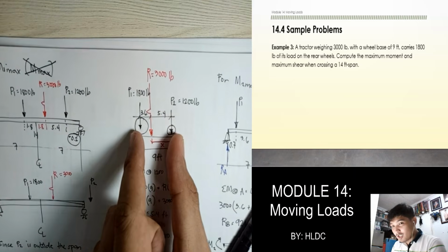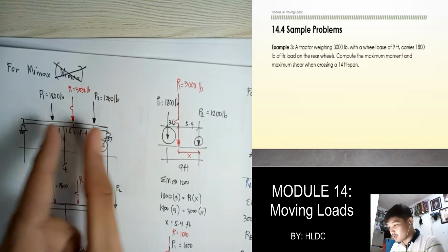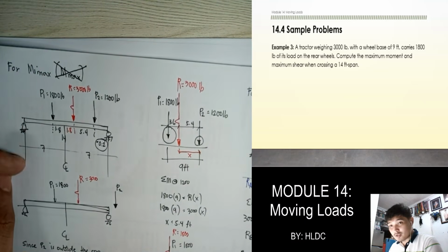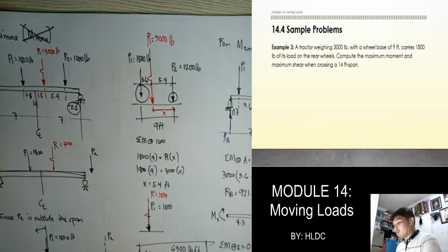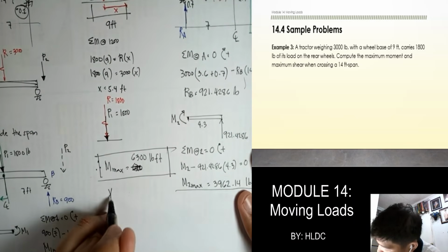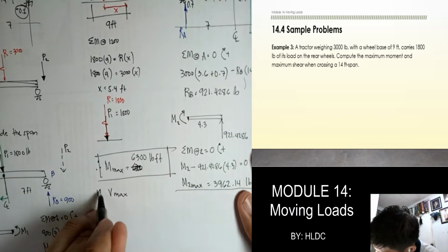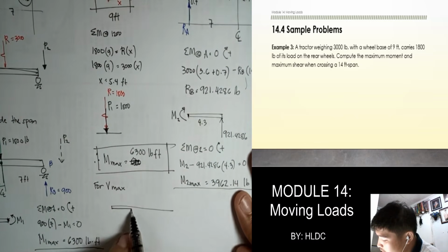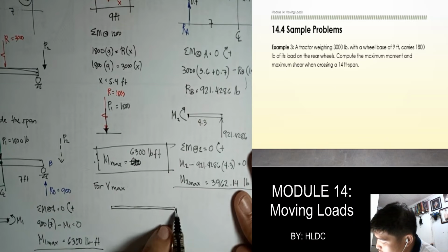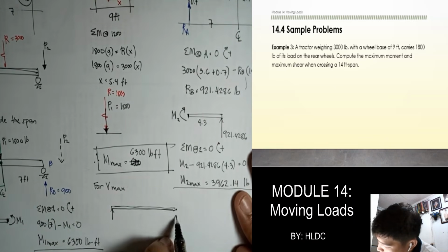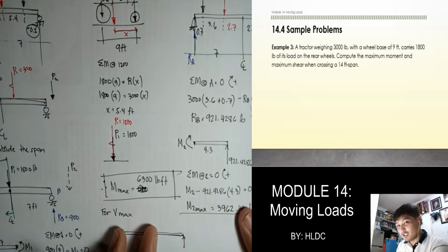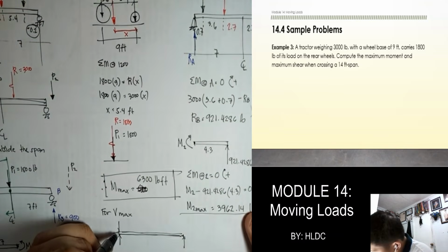So, ito, pag nilagay natin ito doon sa beam, saan natin lalagay? Is it dito or doon sa kabila? So, dito, no, para mas malapit siya sa support dito. Okay, so for this case, for Vmax, so ang gagawin natin along the span, ilolocate natin ito doon sa left side. Okay, so therefore dito natin lalagay yung P1,